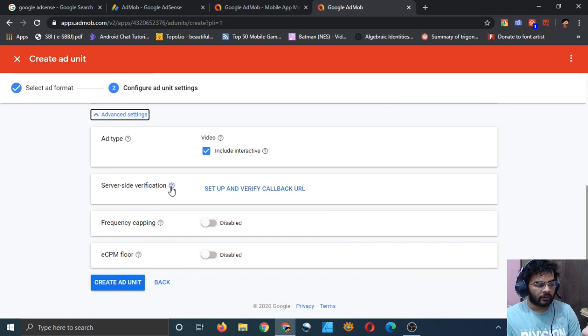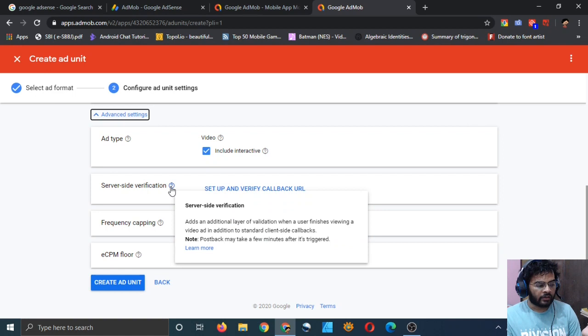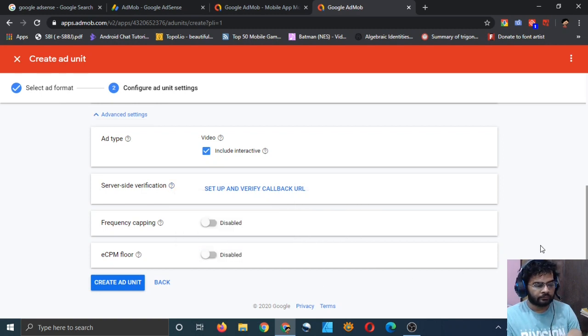Server side verification adds an additional layer of validation when a user finishes. You can do it, but since I am applying this ad in my standalone game, which means I don't have a server, I will not choose to do it. Let's keep it simple.